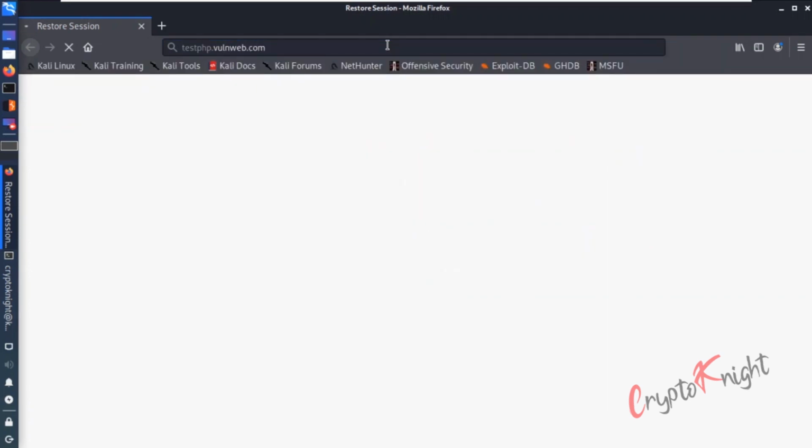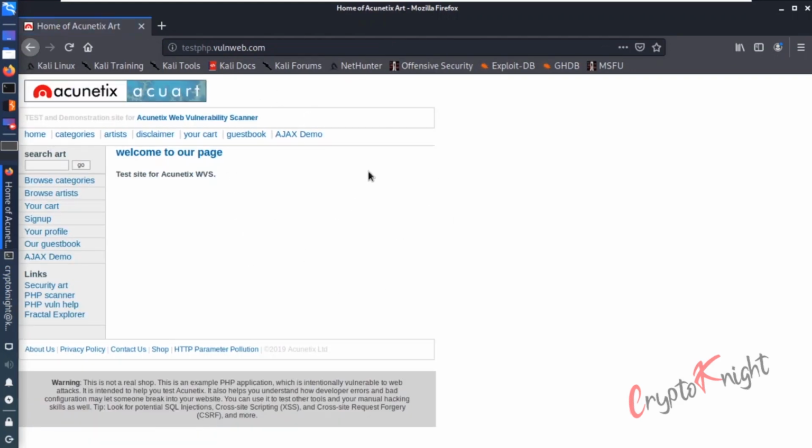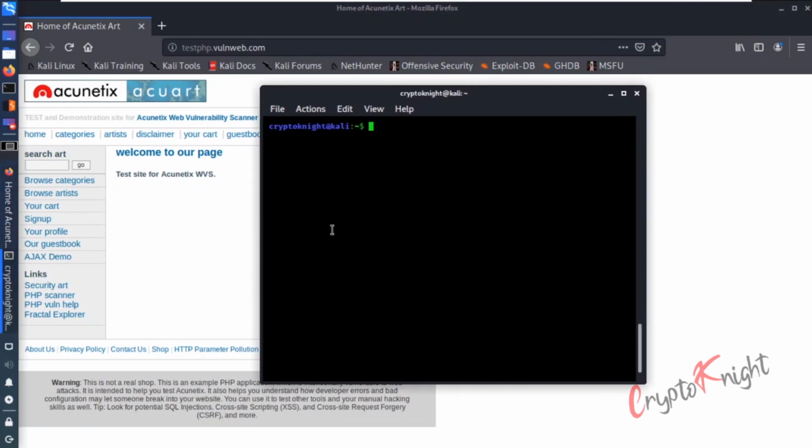So there is this website known as testphp.vulnweb.com. If you visit this, it is an intentionally created vulnerable website. So it has a lot of vulnerabilities. Just like we practice on BWAPP, it has a lot of vulnerabilities. So you can practice on this, like you can enter some XSS payloads over here, try CSRF at different positions. So let's try to take this as an example for our Nikto tool.